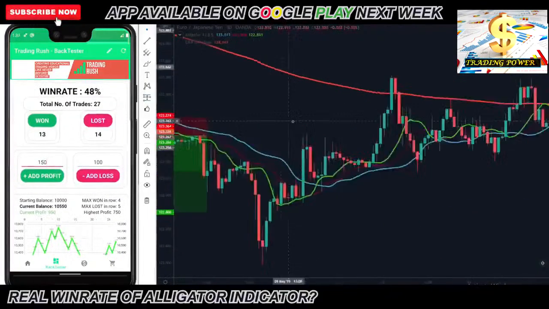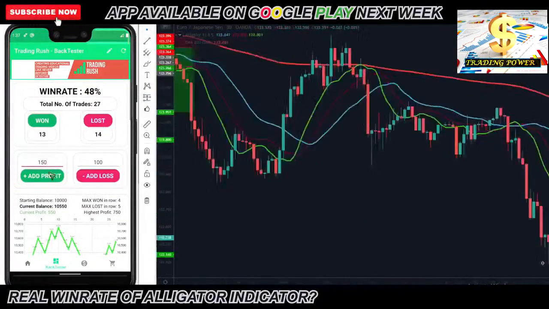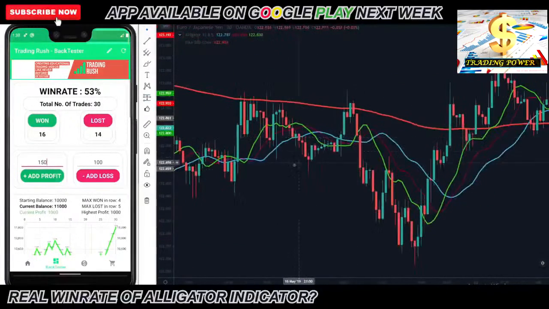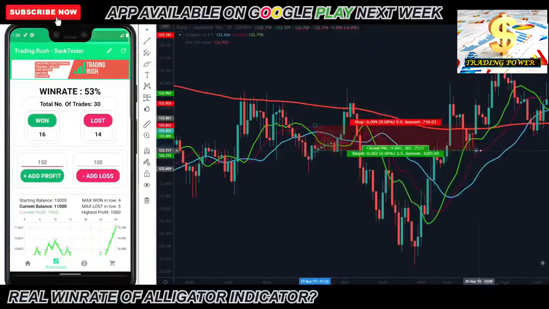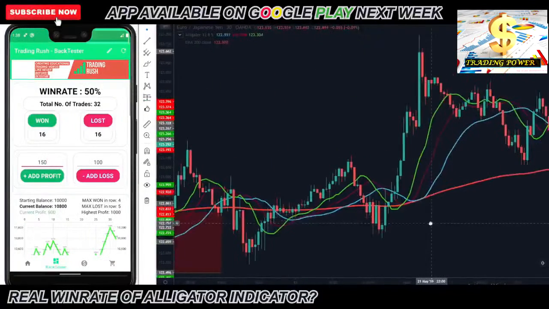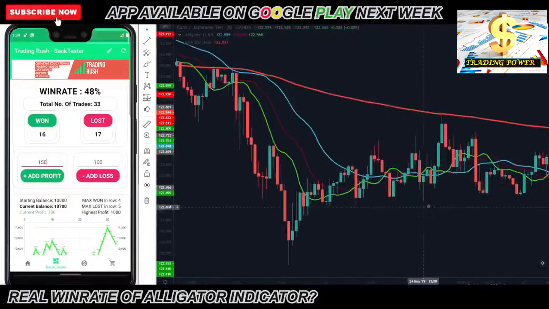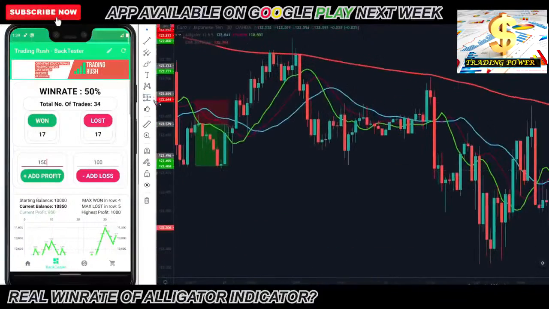Here in this example, the profit target was set 1.5 times more than the risk I was taking. You should always take profit more than the risk you are willing to take. If you are wondering why I'm only taking 1.5 times more profit and not 2 to 3 times,